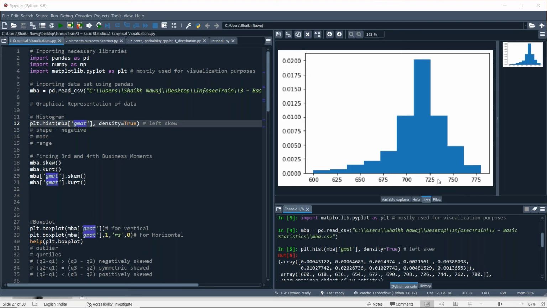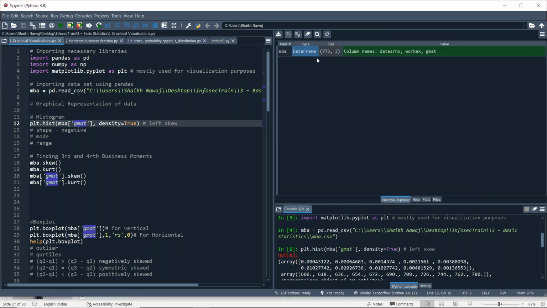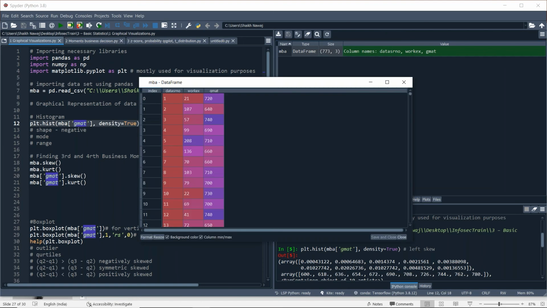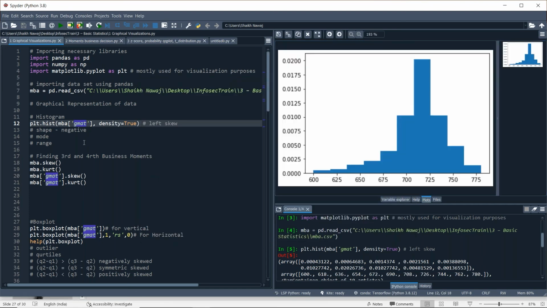For comparing with our other column, the work experience column, you can find the range of the work experience and compare it with the range of the GMAT column. So we can easily find these things from the histogram. There are three things to find from the histogram: first, the shape of the distribution, then the mode and the range.